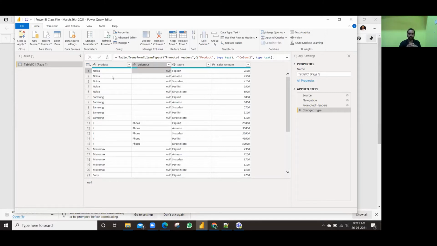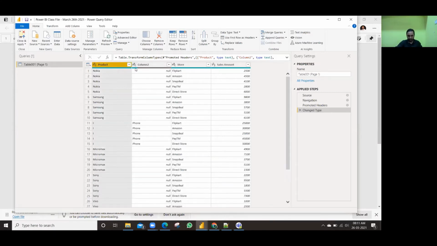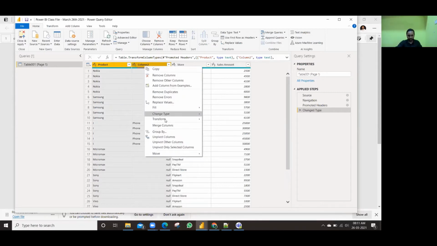In general, in Excel, how do you merge? How do we join the two columns of values, two cell values? Using the concatenate. Here also you can do this concatenate. Two columns or multiple columns you can concatenate by simply selecting them. Once you select these two columns, right click, you see the option called merge columns. Once I click on this merge columns,